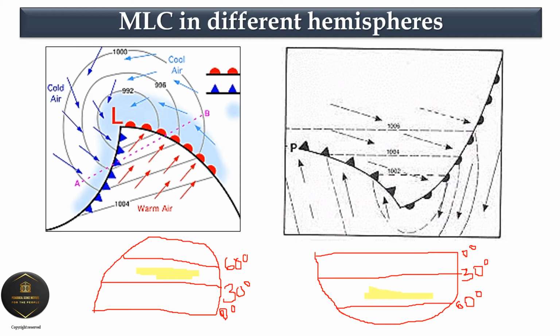Now we know that in the 60 to 90 degree line, we have our easterly wind belt. This is the polar easterly wind belt, which means the air over there is cold. So we find our cold polar easterlies, and where there is the yellow color, we find our slightly warmer